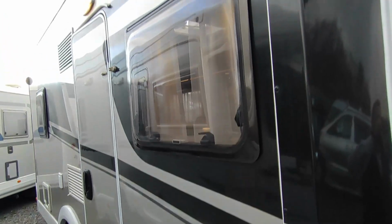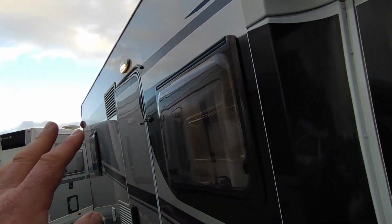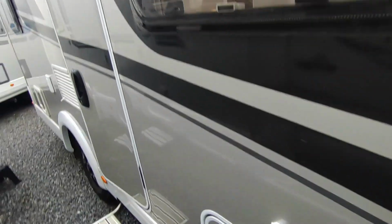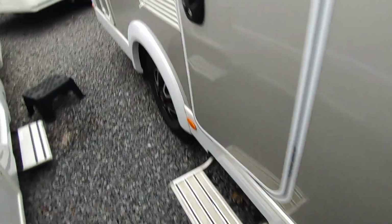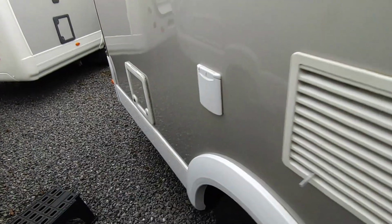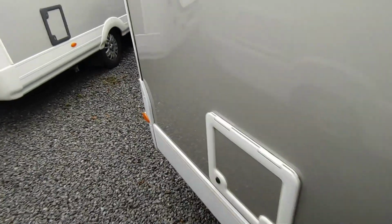Coming down the driver's side, no wind out awning fitted, we can fit one if you want one. Another tiny little ridge in the clear coat on the graphic, and that's only one. Electric step, fridge vents for your very large fridge freezer, mains hookup, set toilet locker, bathroom window which is tinted,